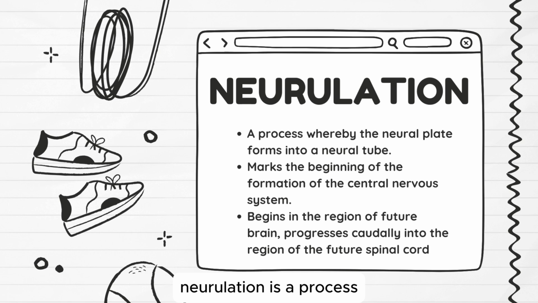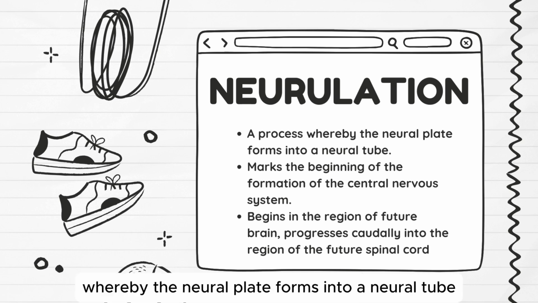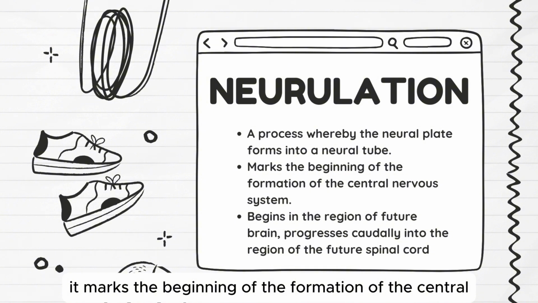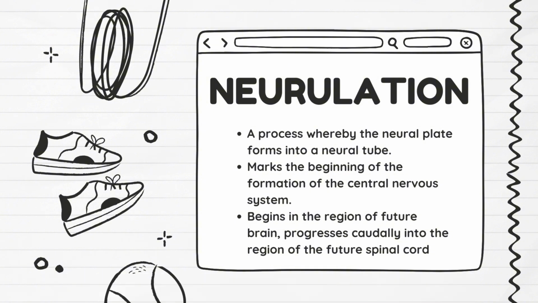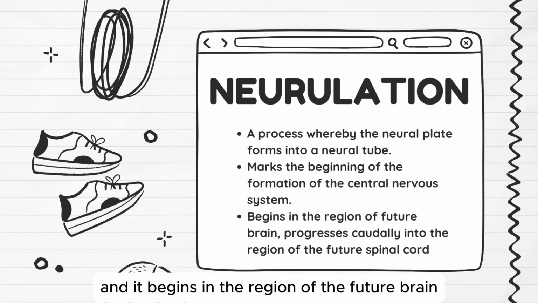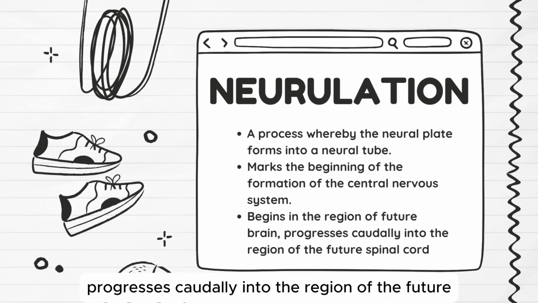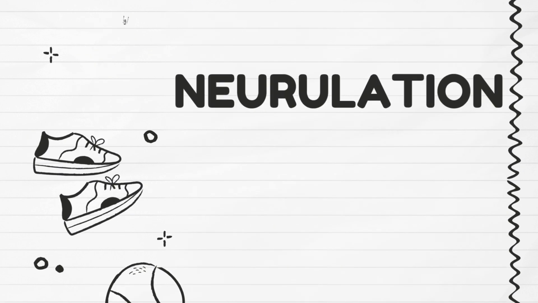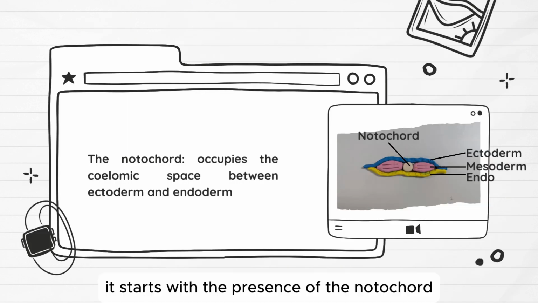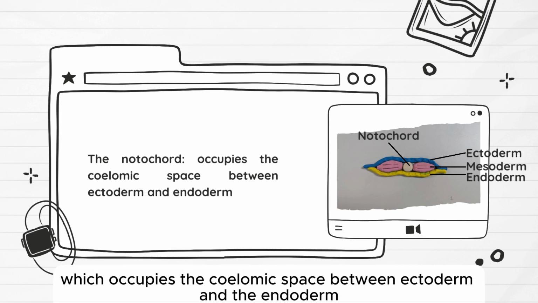Neurulation is a process whereby the neural plate forms into a neural tube. It marks the beginning of the formation of the central nervous system and it begins in the region of the future brain, progresses caudally into the region of the future spinal cord. It starts with the presence of the notochord, which occupies the coelomic space between ectoderm and